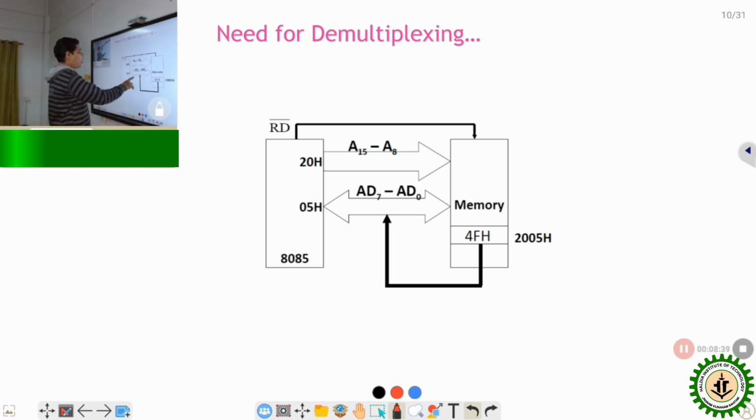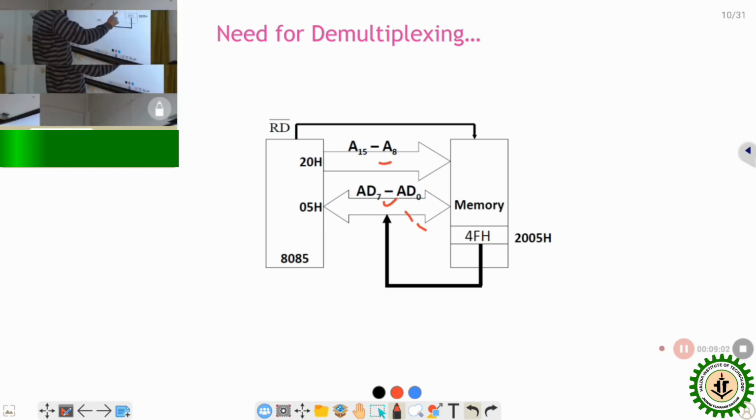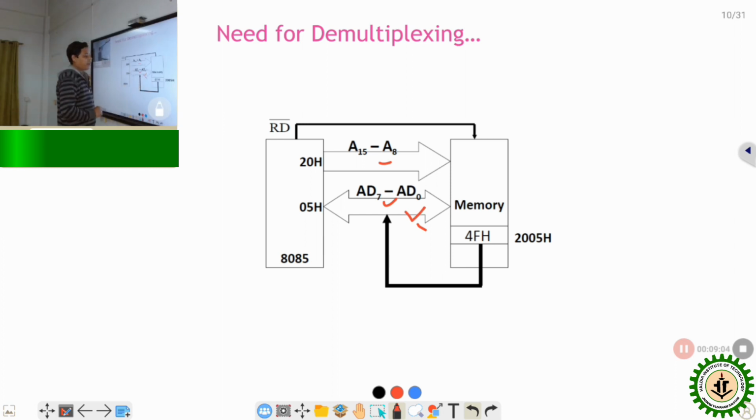So why is it required? During the locating of the memory element, all the 16 address lines have to be present on A8 to A15 and AD0 to AD7, whereas during the transmission of data, those same lines act as data lines. That's why AD0 to AD7 require demultiplexing,